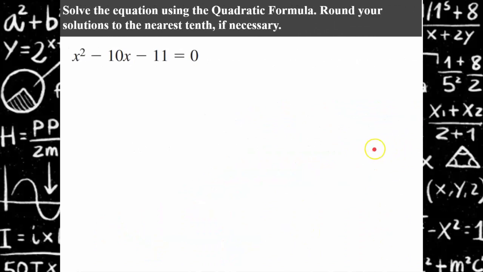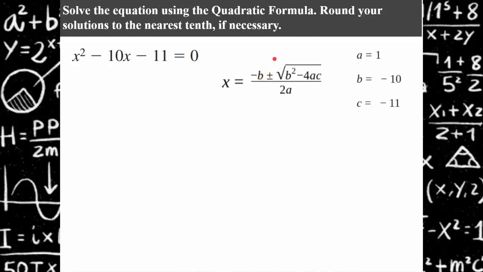So let's do a practice example. We have our quadratic function here, x squared minus 10x minus 11 equals 0. And we want to use the quadratic formula to find the solutions to this quadratic function. So the first thing I always do is write down the quadratic formula. There are many ways for you, but you should memorize it, and I'd always start by writing it down because you can see there's a lot to this